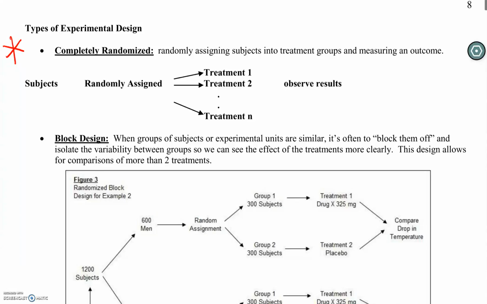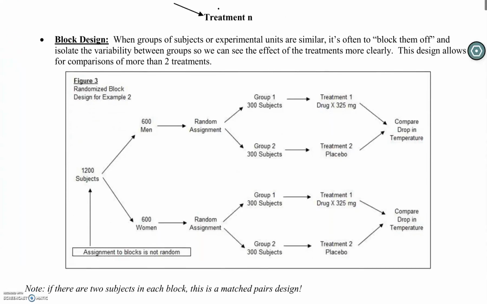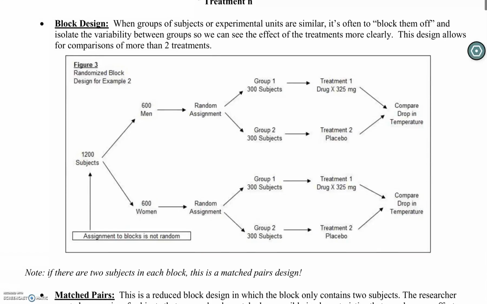Completely randomized just means we take our whole group of subjects and we just randomly assign them into the treatment groups and then do our observations. This is probably the most common. Now, it may turn out that we are interested in making sure that there's a similar number of people in each group. This is very similar